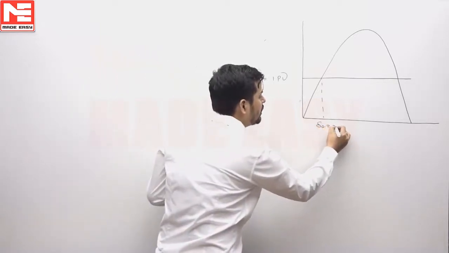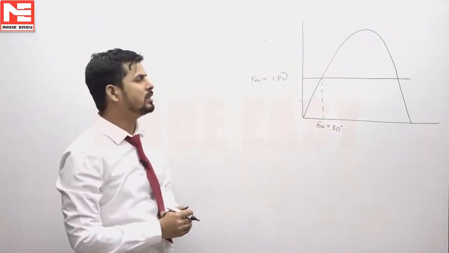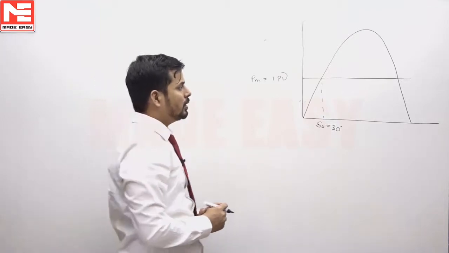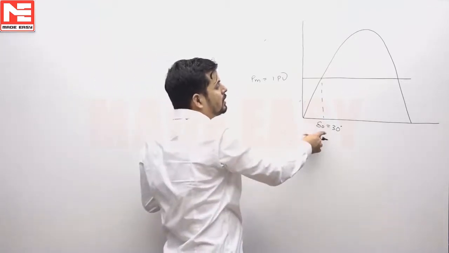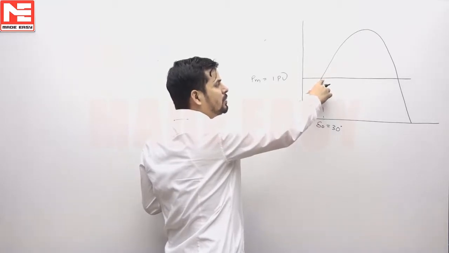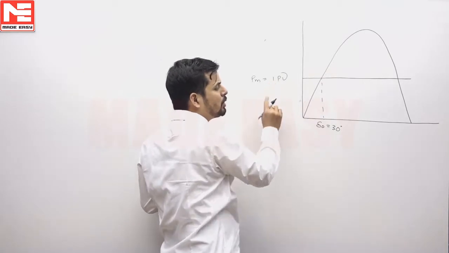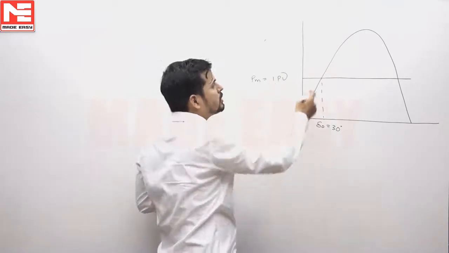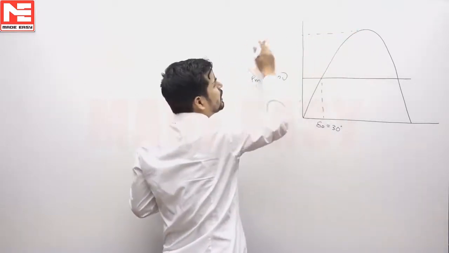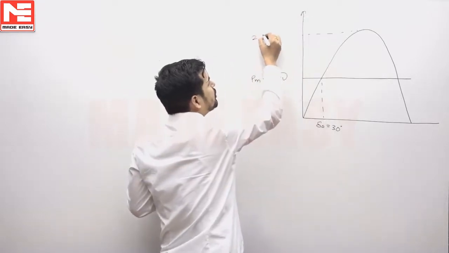So, this 30 degree is the power angle at which the generator is delivering power of 1 per unit in the normal condition. We know that at this 30 degree, the electrical power output of the generator is equal to the prime mover input of the generator, equal to 1 per unit. Using this logic, we can say that the maximum power, the PEM value in pre-fault condition will be 2 per